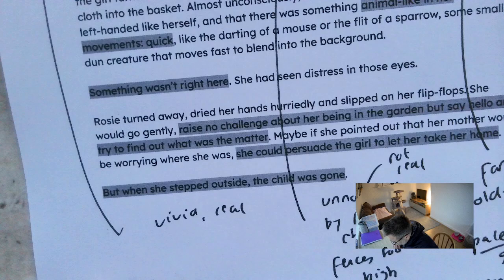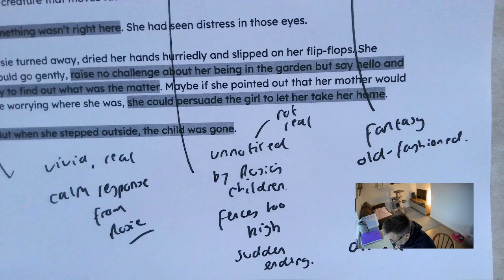Okay. So really, I've got a couple of ways in which the girl is made to seem unreal, and maybe some hints that possibly she could be a real person. So I am probably going to agree mostly with the statement, but with some worries or caveats or challenges to that approach. And here I've got a little plan. I can say there are some ways in which the girl might appear real.